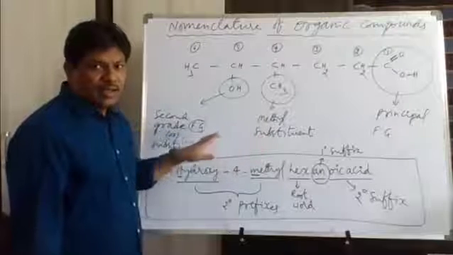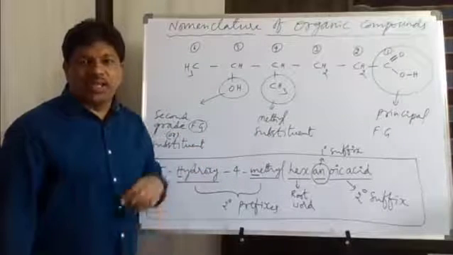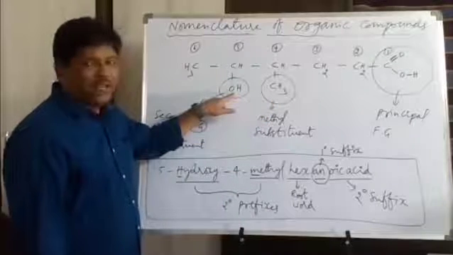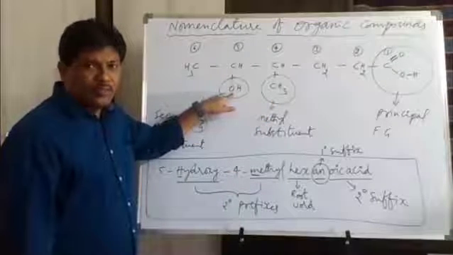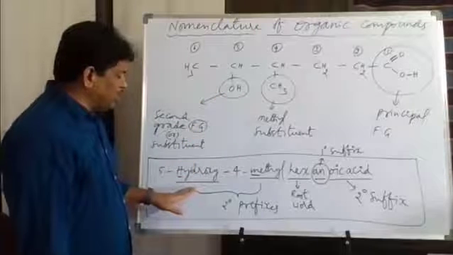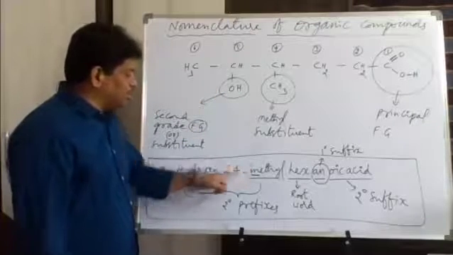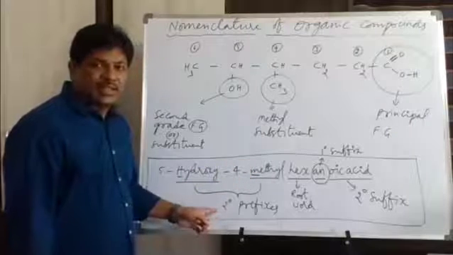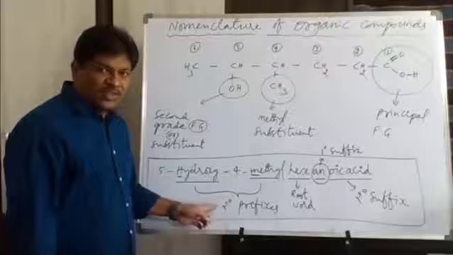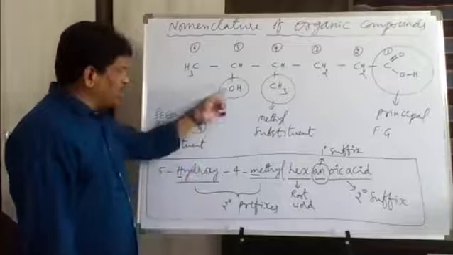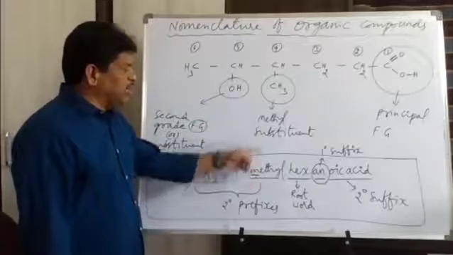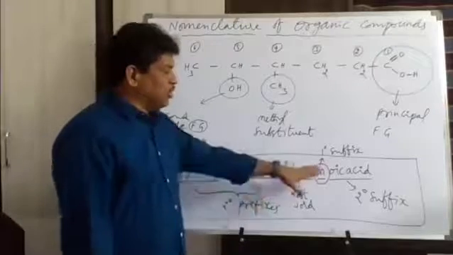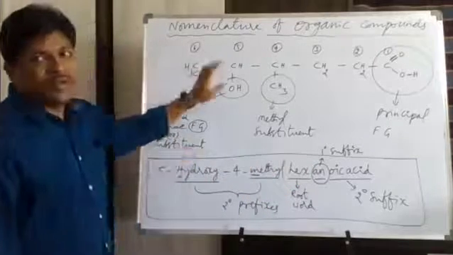So when substituents are there, for them the name is what? Now, secondary prefix name. For the methyl group, as usual, we use methyl. And the secondary prefix name of the OH group is what? The alcohol group is hydroxy. So hydroxy and methyl, these two names will come under secondary prefixes. So how many secondary prefix names are there here? 2 names. Hydroxy for the OH substituent, methyl for the methyl substituent, the alkyl substituent. So like this, this is the IUPAC name of the given structure.